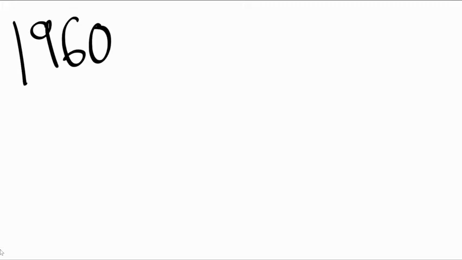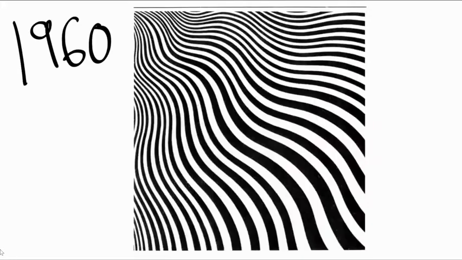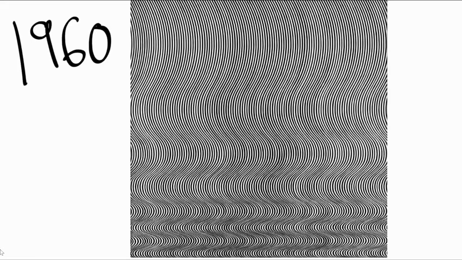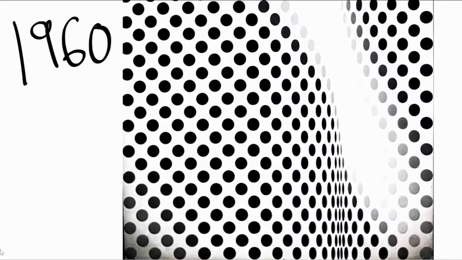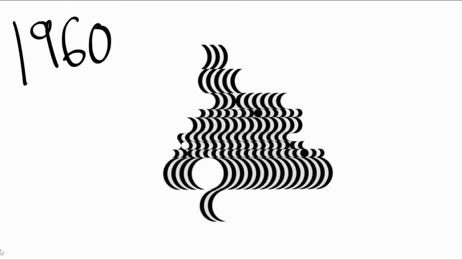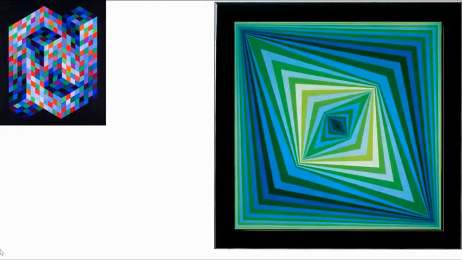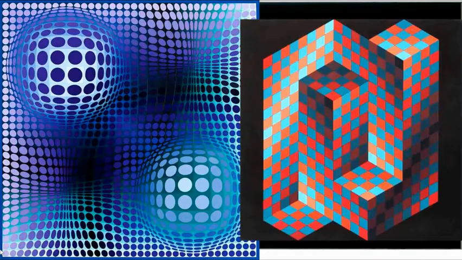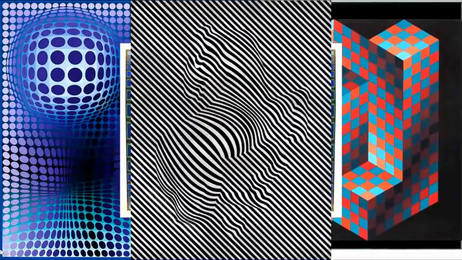Around 1960, she began her signature op art style. Some of her best known op art is black and white, geometric lines and shapes that create the illusion of movement. Another op artist is Victor Vasarely. He often used colorful paintings to make 3D illusions by having clever uses of color or shapes that bend as if they are popping out of the painting.